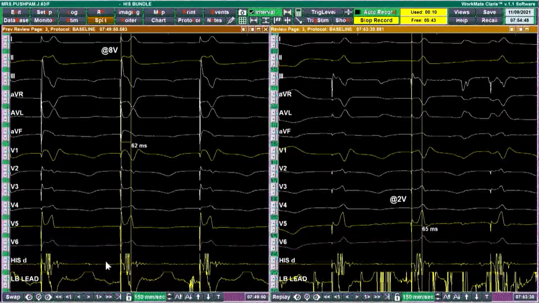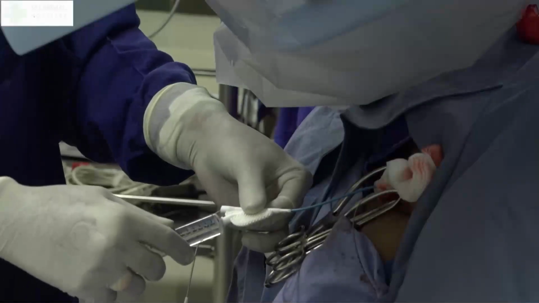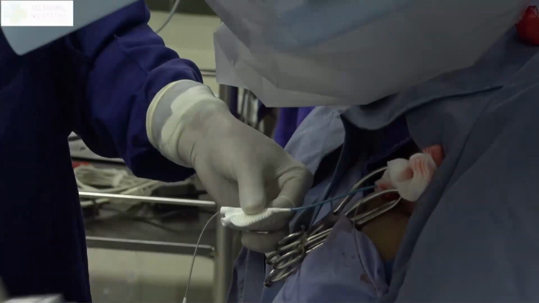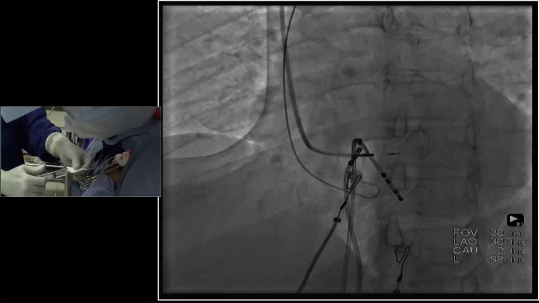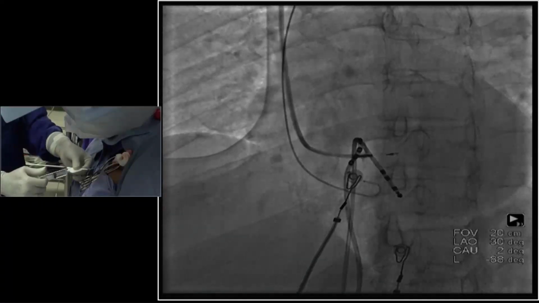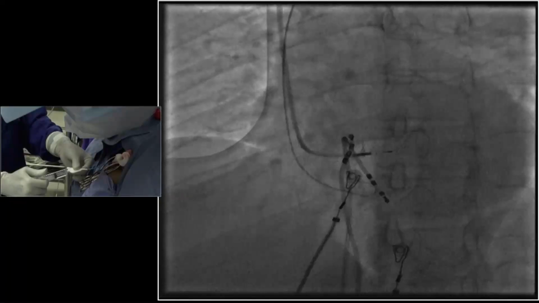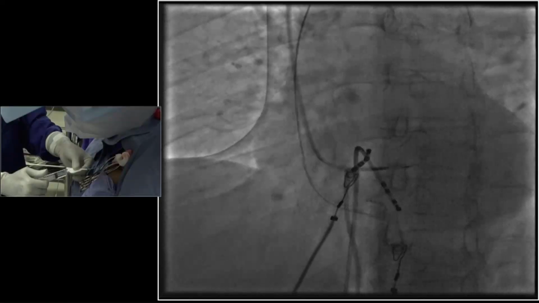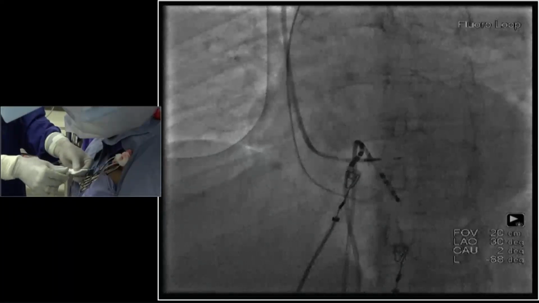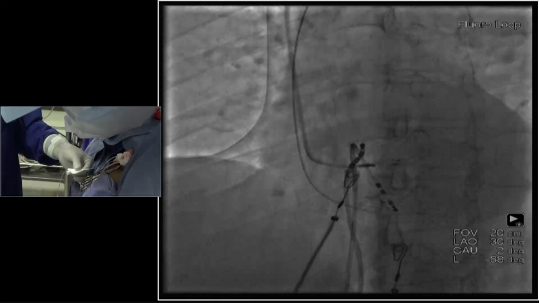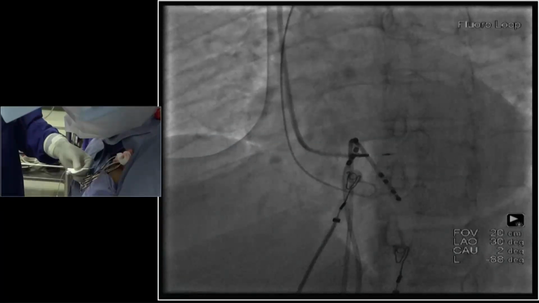Can you go back to that screen, please? We are still seeing the electrograms. Can you go to the fluoro screen? This is a sheath angio. I'm going to flush the contrast out again, so that while removing the sheath there should not be any contrast damaging the lead. Just play the contrast angio again.